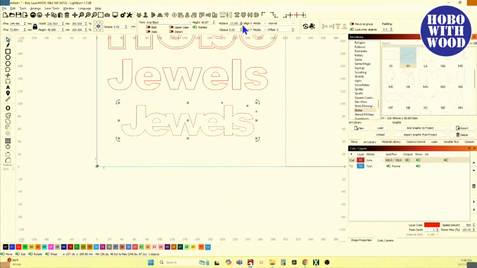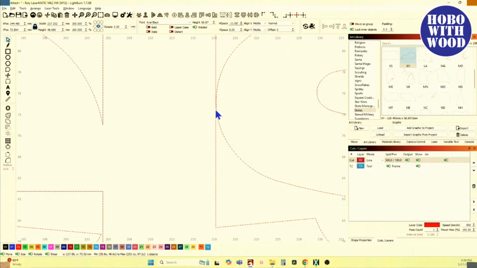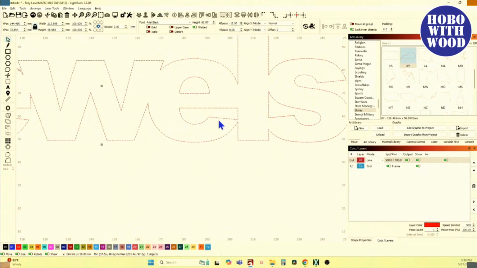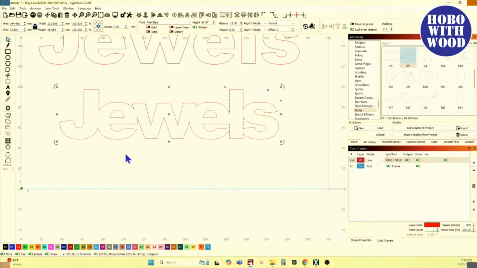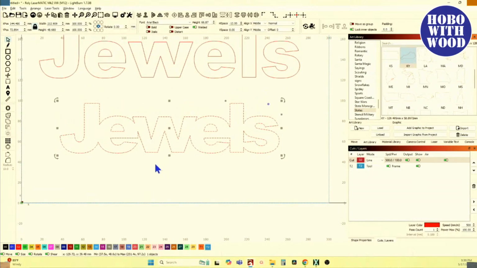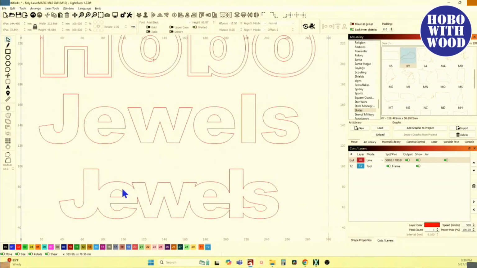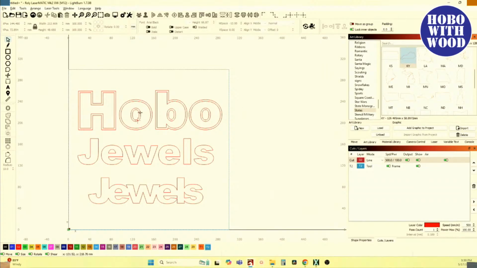till we get it to where, because I wouldn't want to leave that little bit of cut right there, I'd bring it on down one more and get that welded up. And now you've got welded letters, but they are not uniform in the way that they're welded because you had parts of each letter attaching before the other did. And that's one reason why I break it apart and put it in a path. Because now what I'll do is I'll take and select all of these, and I've got 0 padding turned on,